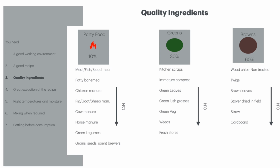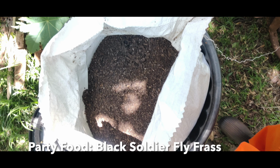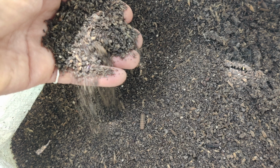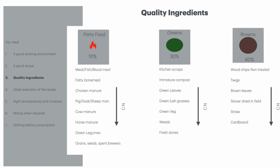And you also find that you might have some high nitrogen ingredients around you that are not on the list. For example, I use black soldier fly frass, which has a very high nitrogen content. What I advise you to do is have a look on the internet, and you'll be able to look at those carbon to nitrogen ratios. And typically you're trying to look at things that have a carbon to nitrogen ratio of less than 10, less than 15, maybe 15 to 1, 10 to 1, something like that will give you